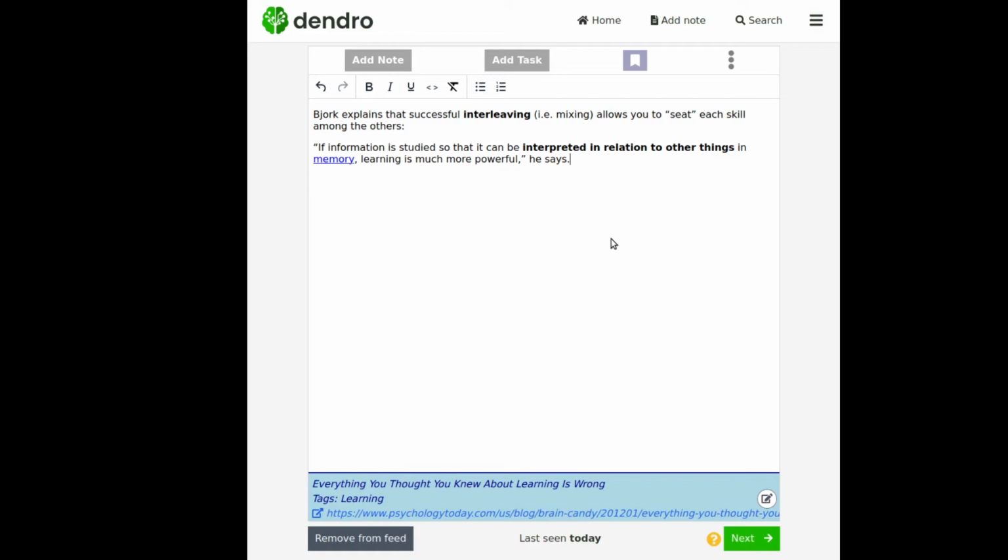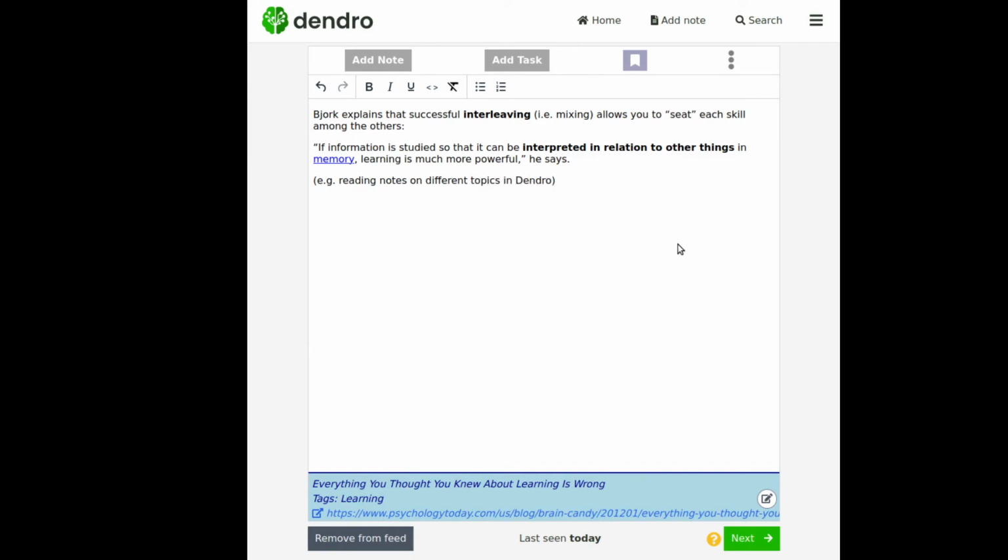Now we could link this with hyperlinks, we could link it by adding an actual link to the other note, but that wouldn't necessarily do anything for our brain. But by putting a word or an idea or an example in here, so in another case I might put an example, so like, e.g., reading notes on different topics in Dendro,